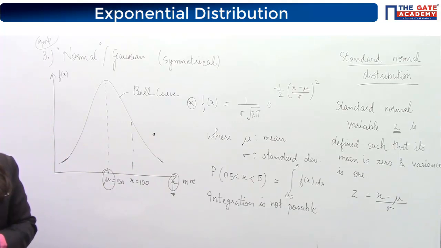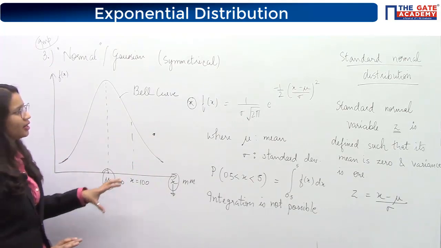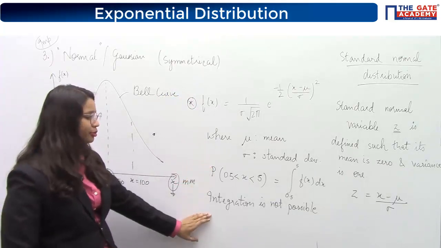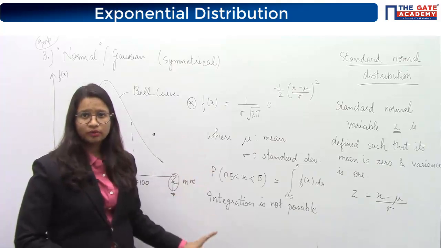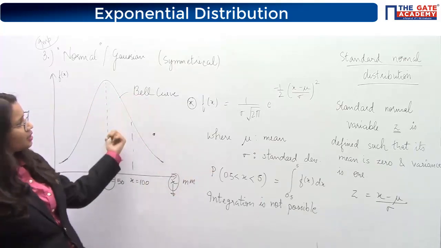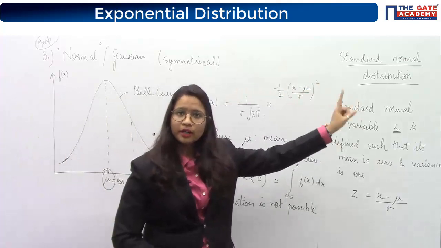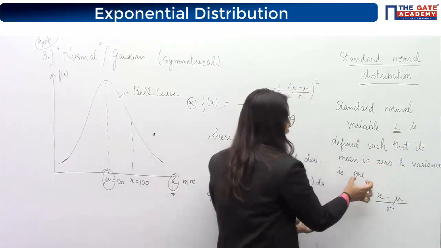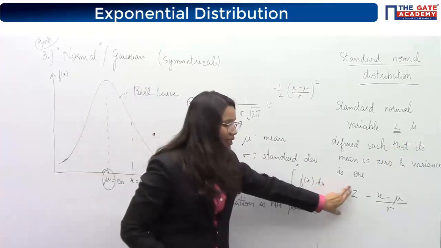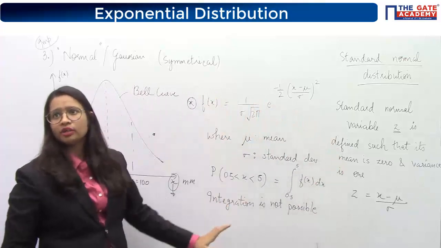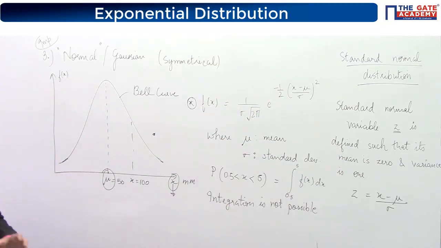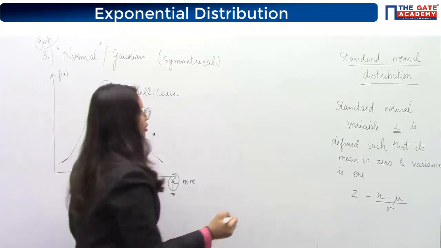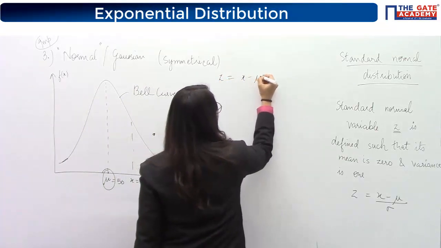So the thing was that this curve has a typical equation. If you want to find any probability, you will have to do integration, which is not possible over here. So I have standardized this curve into a standard normal curve using a variable z, which has the property that its mean is 0 and variance is 1. Now I'll explain this part in a bit. First of all, tell me, have you written it down? I can see that you have written it down, so I'm deleting here. Okay. So I have told you z is nothing but x minus mu by sigma.